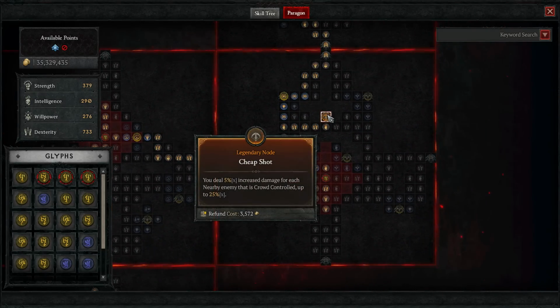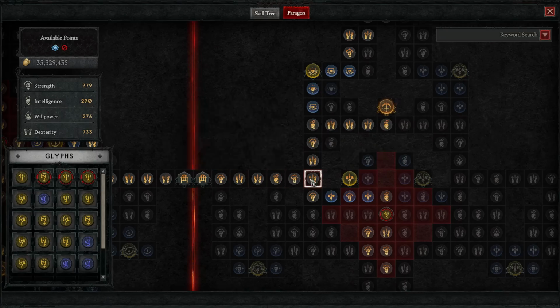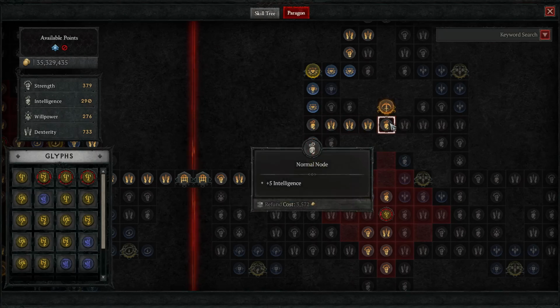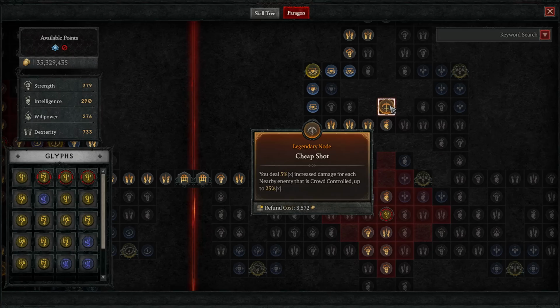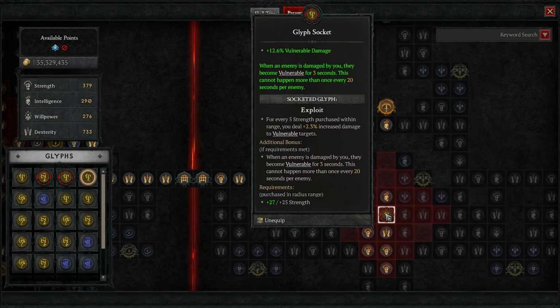This legendary node increases our damage by a multiplier for each nearby enemy crowd controlled up to 25% times. A big damage increase, especially when we're AoE death trapping anyway. So another no-brainer for a build like this. I would recommend that you move across the board straight to the right and then go up to the right to pick up the legendary node first. Then we'll go down and pick up the glyph socket, which in this case we can finally get some damage increasing ones,